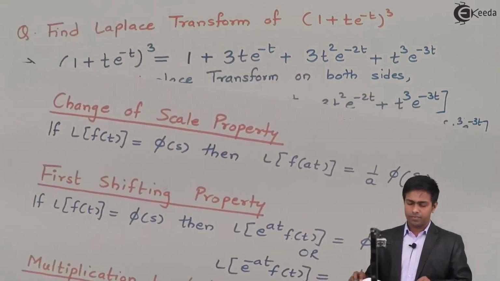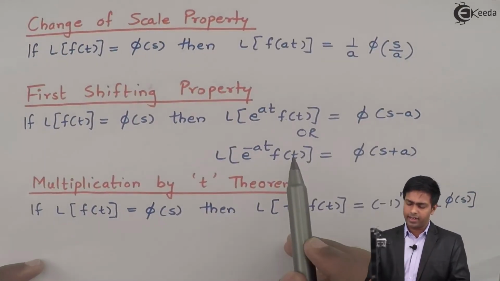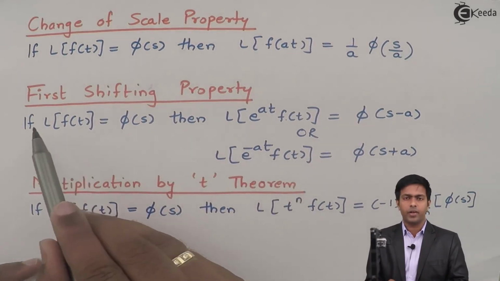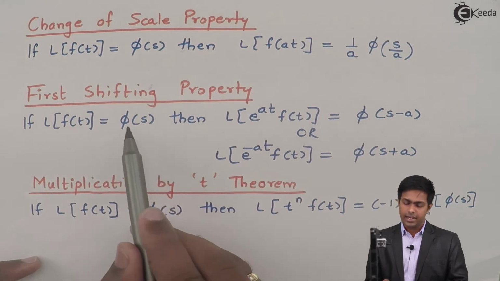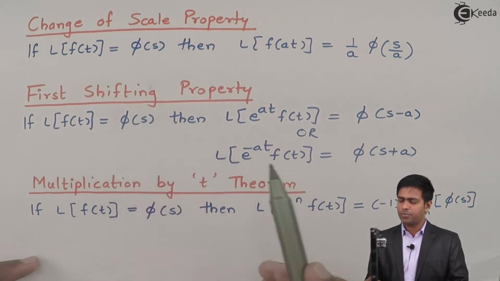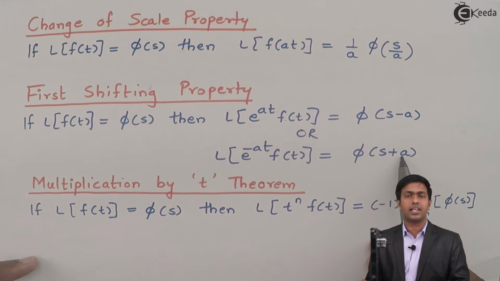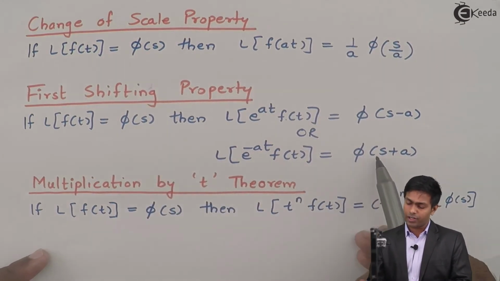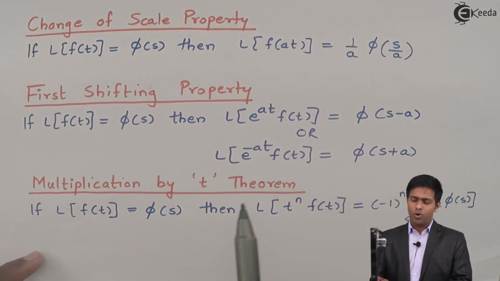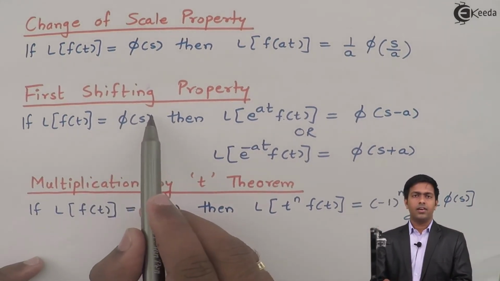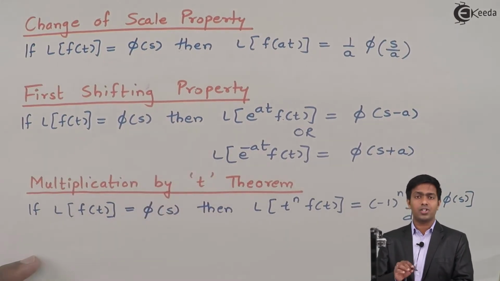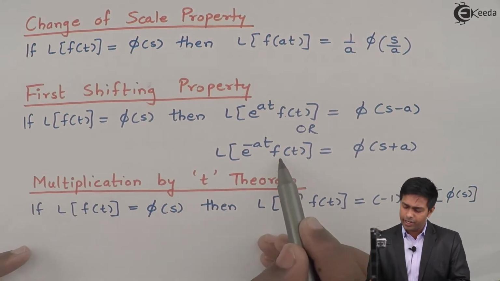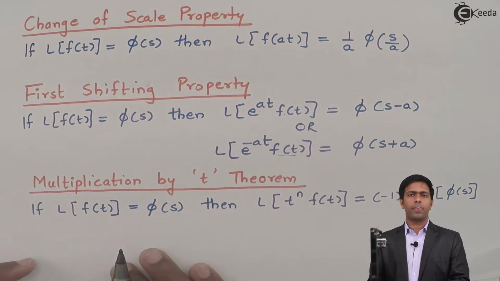In the property it is said that whatever is the function of t, from that function of t we must get function of s, and in that function of s, when we substitute s as s plus a, we get function of s plus a. It means to get the value of function of s, we must know what is function of s, and to get the function of s, we must know what is Laplace of function of t. So we need to find Laplace of this function of t.